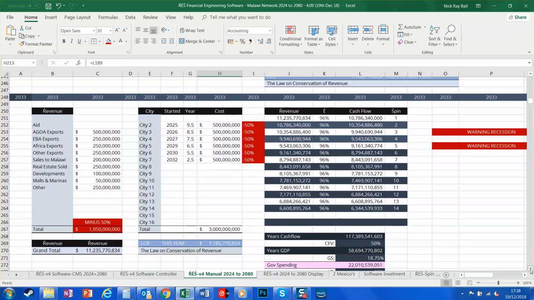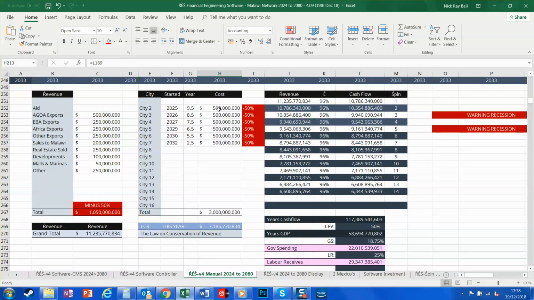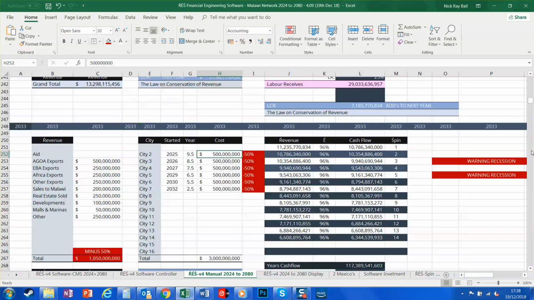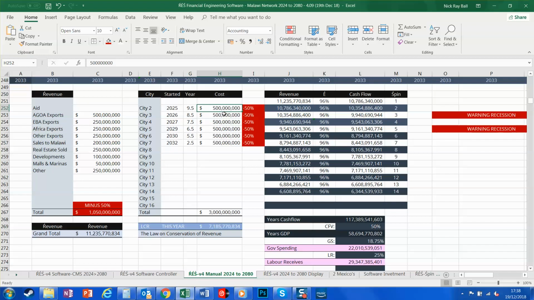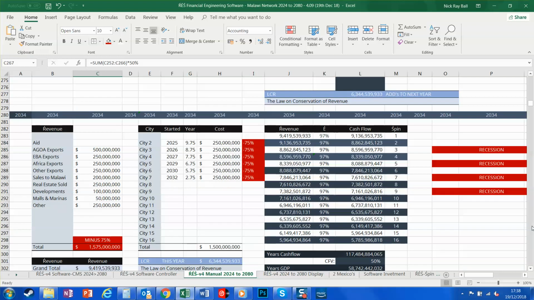Okay, here we go. Recession warning. What have I done here? Have I done this manually? Sometimes I do it manually. Yeah, I've done it manually here. Minus 50%, and I've minus 50% from there. Okay, recession. We're in a recession now, so it's minus 75%. And then sometimes I'll do it like this, which would be the original figure